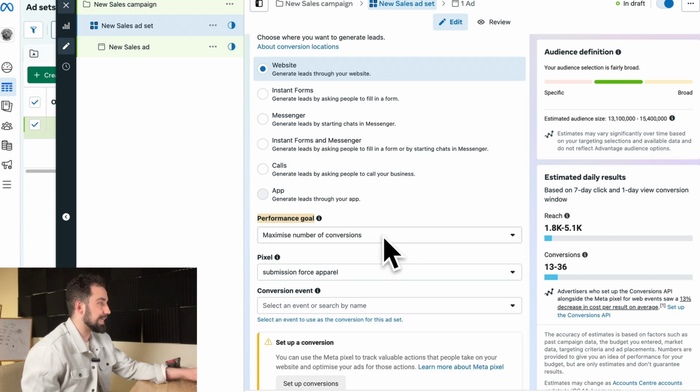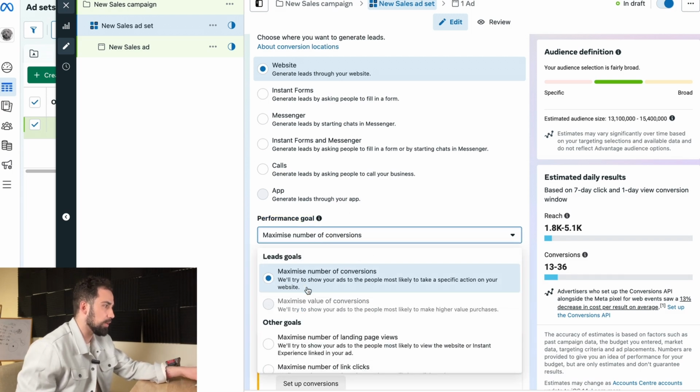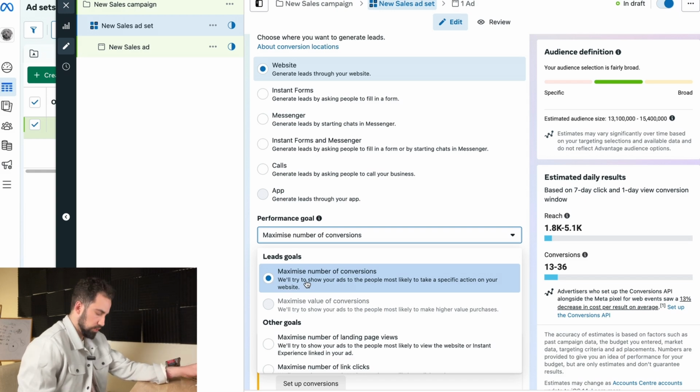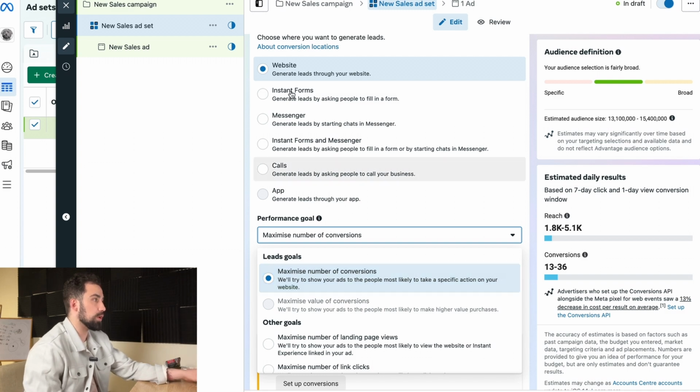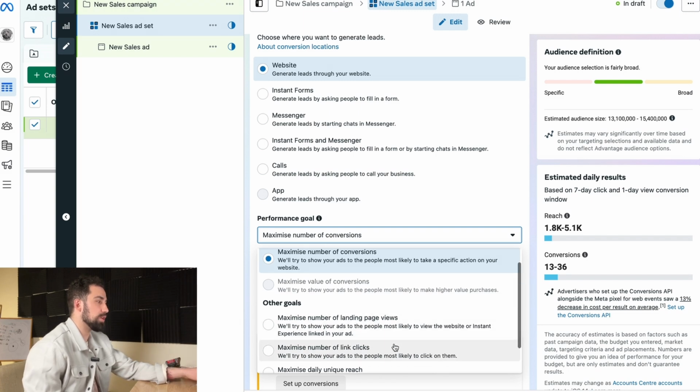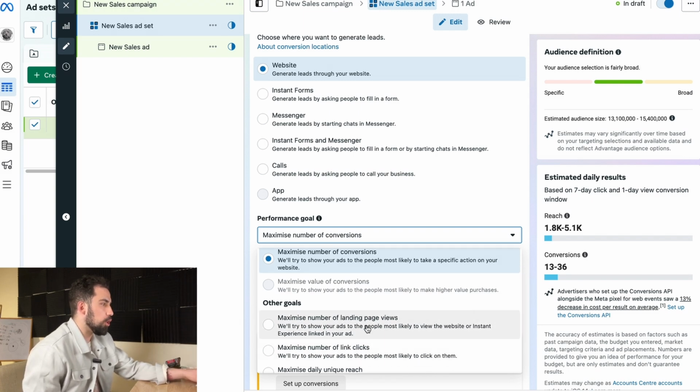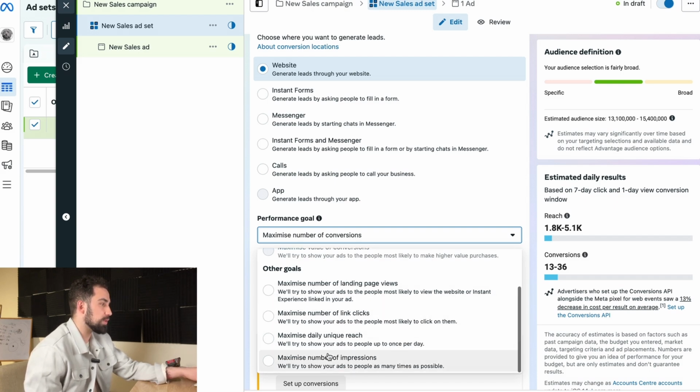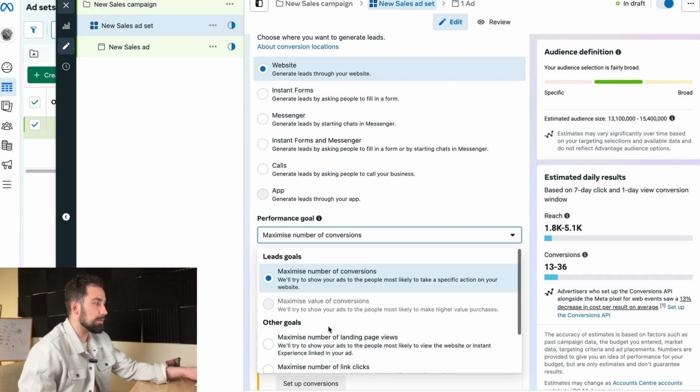So this is not going to get you out of the learning phase. This is not what is being counted, right? This is the goal, what you want to achieve at the end. If you go to the drop down, you will see maximize number of conversions. So this is basically going to tell Facebook, all right, this is what you want to focus on. So we chose leads. But even though your campaign objective is leads, for instance, you can focus your goal on, let's say, maximize number of landing page views or clicks or unique reach or impressions. So that is totally up to you, but my goal is always maximize number of conversions